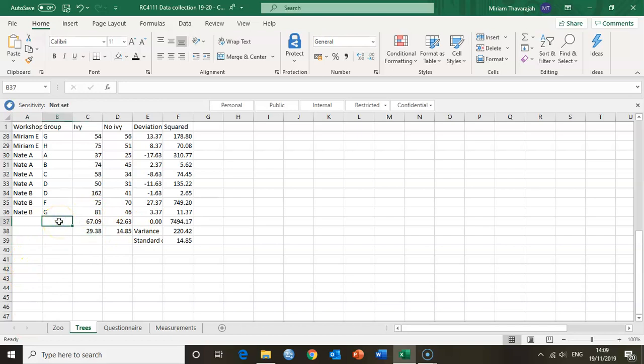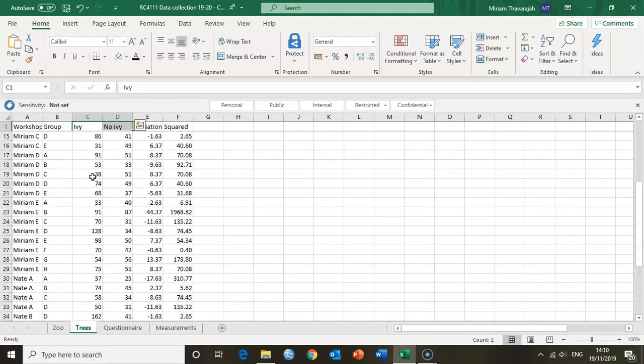Okay, so now I know that this is the mean and this is the standard deviation, for both of these, trees with ivy, trees without ivy. What I'd like to do now is put these into a graph. And I showed you before that in order to produce a graph, we usually highlight the cells we want included in the graph. And ideally, we also want to highlight the names for the different variables that we're going to show. And this gives me an opportunity to show you a nice little trick using your keyboard about selecting